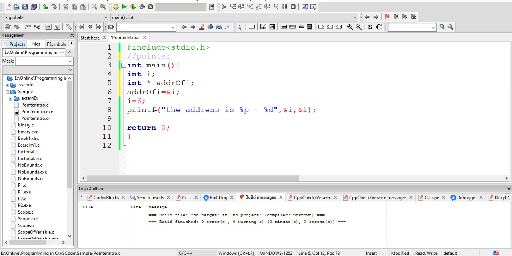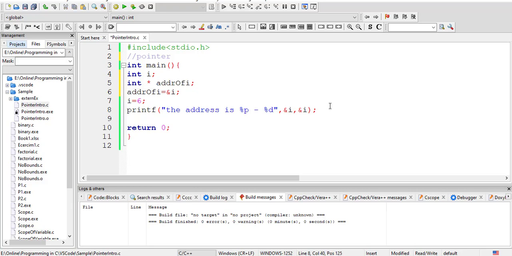Right. So basically what happens is a new pointer is created. That pointer will store the location of I. In memory, where this I is located, it will be storing that value. Right. Now let's try to print address of I here. So I'll remove this and type address of I. So I should get the same output.